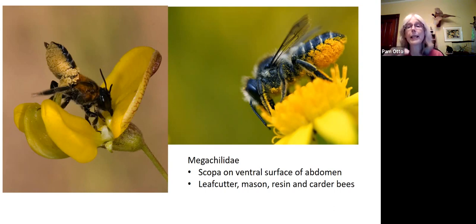Well, with the Megachilidae, they actually collect pollen on the underside of their abdomen. So in fact, a lot of them are quite hairy, and some of that pollen can end up getting on top of the bees as well. It's one way to identify at least members of this family. You might not get to genus or species, but if you see bees flying around and they look like their pollen pockets have been blown out and it's all over their bodies, then you're probably looking at a member